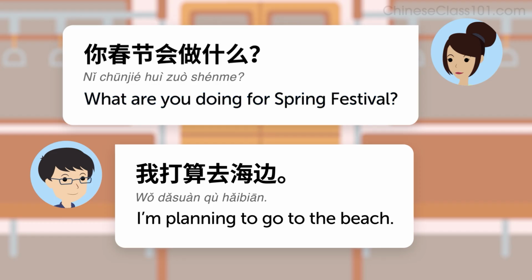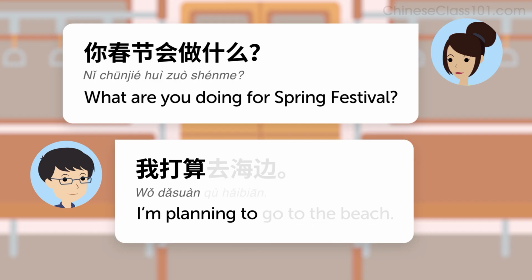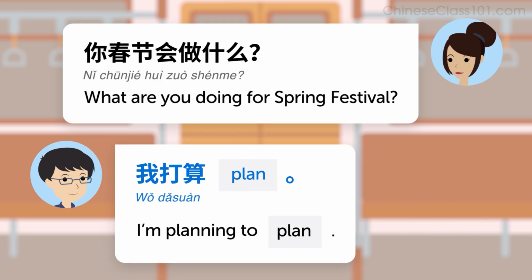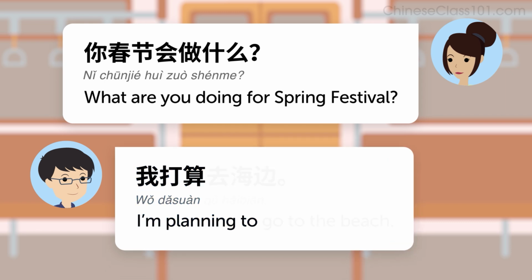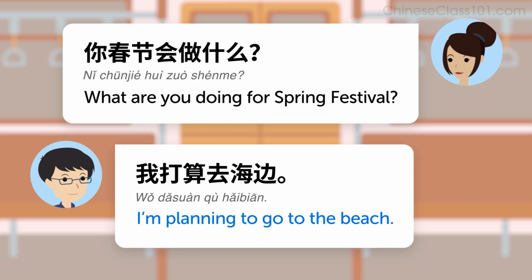Now, how do you answer this question? The pattern is, 我打算 plan. I'm planning to plan. For example, I'm planning to go to the beach. 我打算去海边。